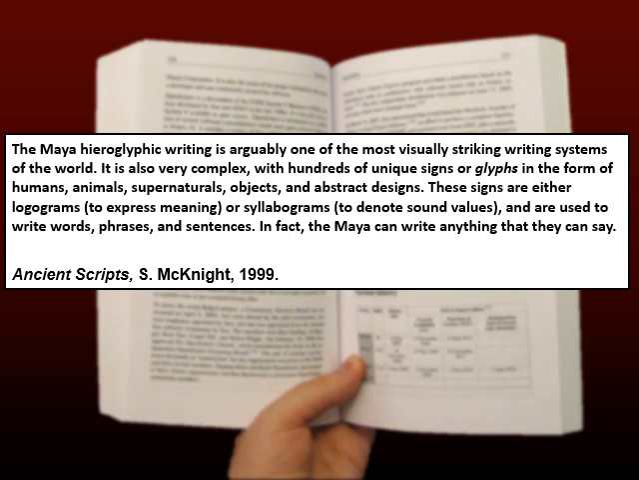says, the Maya hieroglyphic writing is arguably one of the most visually striking writing systems of the world. It is also very complex, with hundreds of unique signs or glyphs in the form of humans, animals, supernaturals, objects, and abstract designs. These signs are either logograms to express meaning, or syllabograms to denote sound values, and are used to write words, phrases, and sentences. In fact, the Maya could write anything that they could say. This is from Ancient Scripts by S. McKnight in 1999. So based on the writing and his description of the writing, do you think that the Mayans